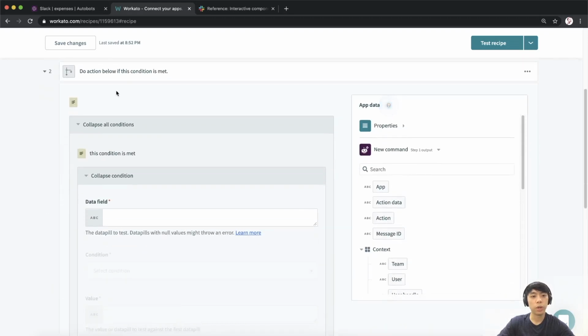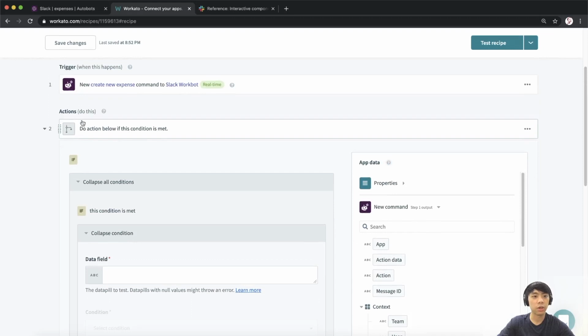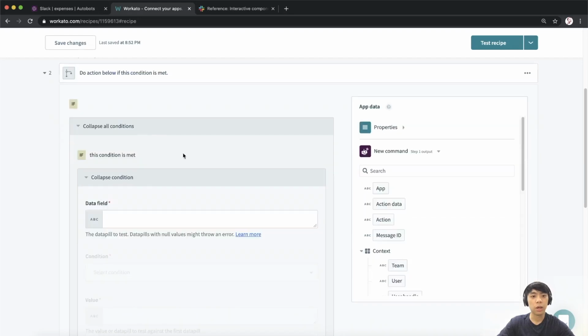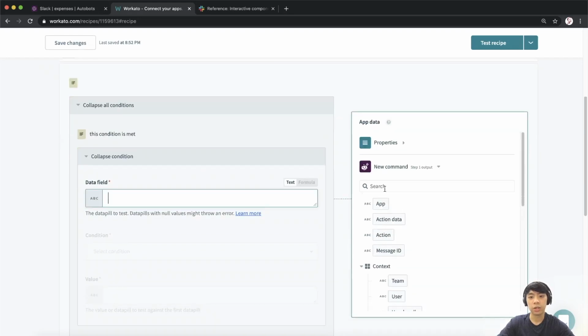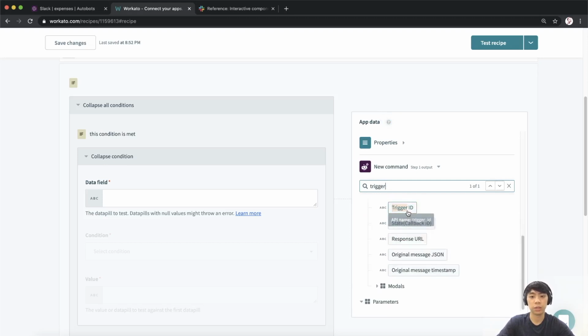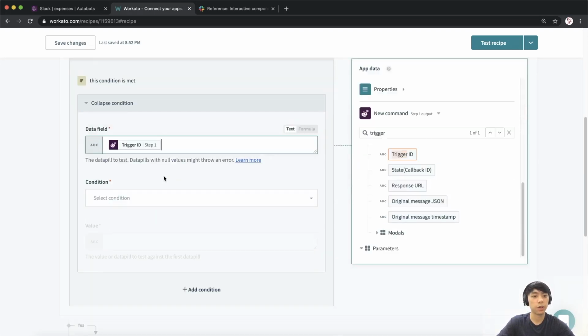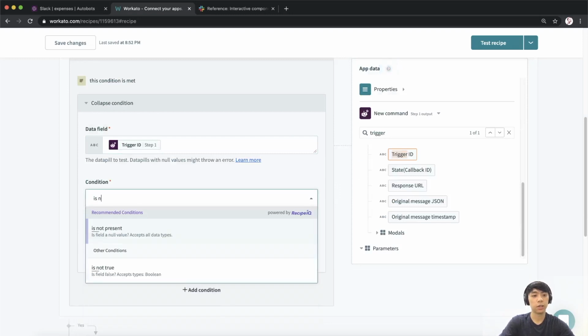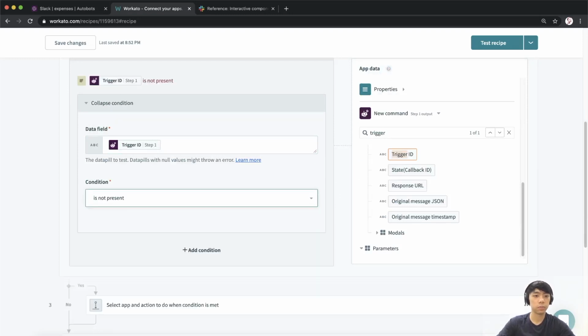And what I'm going to do is a couple of recursive techniques for bot commands. Whenever the user puts this as my text command, if the trigger ID doesn't appear, we are going to populate the message with a button. We're just going to put that here. If trigger ID is not present,